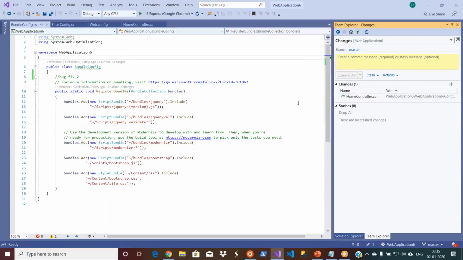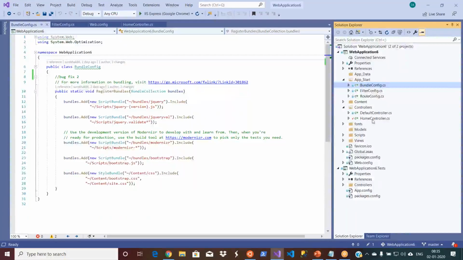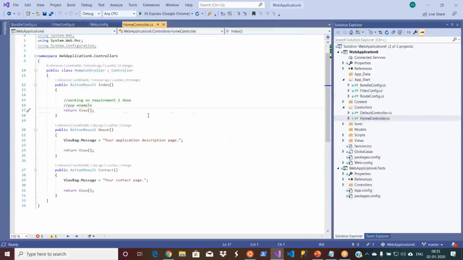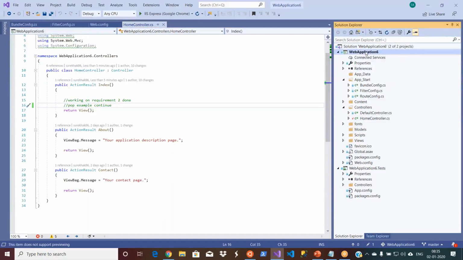Okay, now I should be able to make changes. Go to solution explorer. Now see, earlier it was locked, right? Now it is reverted to my old version, home controller.cs. Open this. My other comment has come here. Now let's continue. I'm just adding one more comment here. Save it, and then now go ahead and commit.